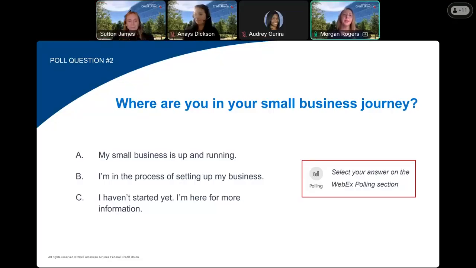Awesome. So you're in the right place. So this is some great information if you're in the process or haven't started yet to really just get an idea of what kind of business you'd like to start and the goals that you can start setting for yourself. And we'll also have time towards the end of the presentation for questions. So if you have any questions on how to start the application for a new business account or what's all involved, definitely feel free to drop those in the chat, in the questions, and we'll also provide our direct contact information for business services, so you can reach out after the presentation for more detailed questions.